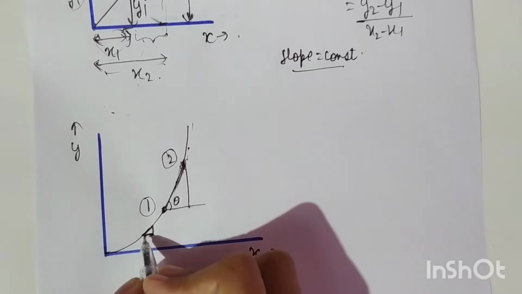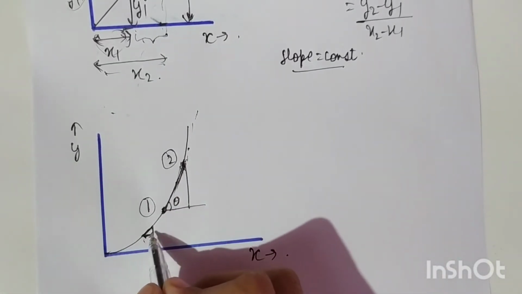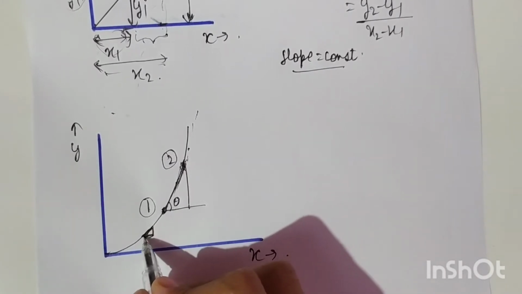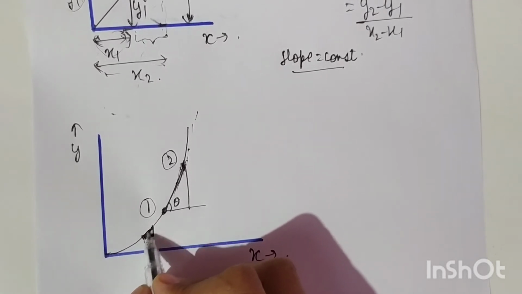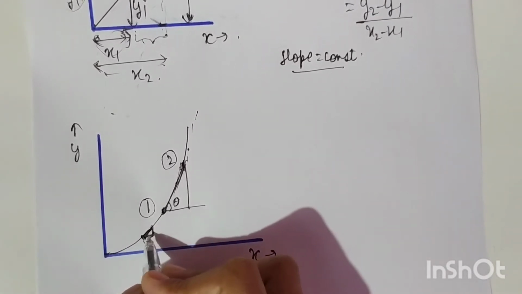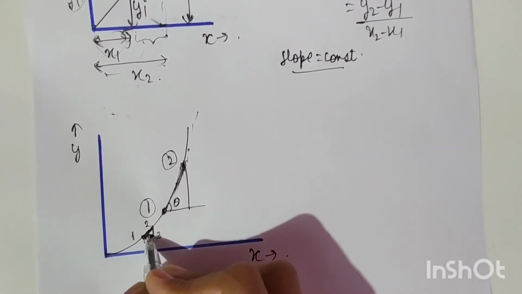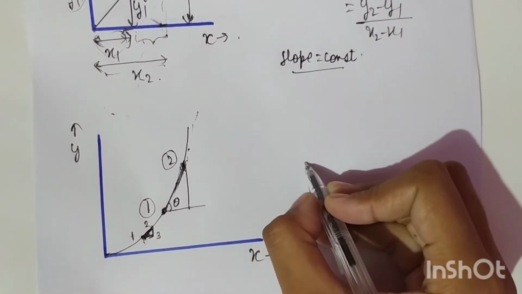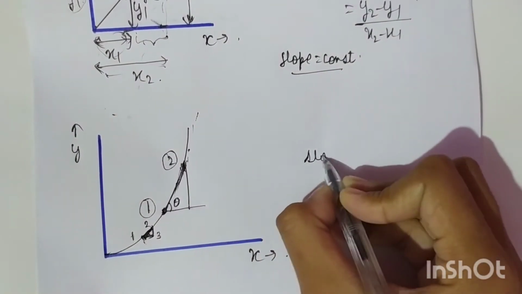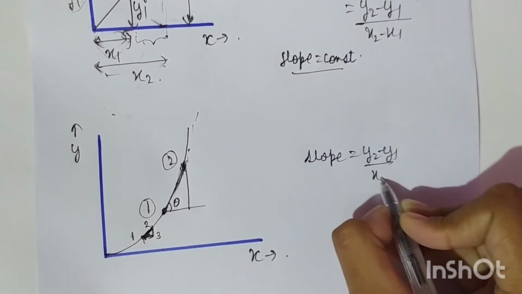Now what we can see is that this was a huge curve. If we are talking about a very small portion of this curve, we can assume that this is a flat portion. So now we can assume this as the hypotenuse. Same way, this is point 1, point 2 and point 3. Now we can simply find the slope of this region. How? It is simple, in the same way as we have done before. Slope is equal to y2 minus y1 divided by x2 minus x1.